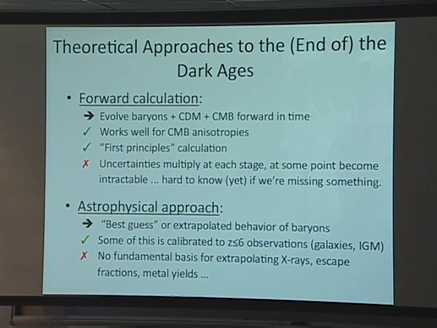The other type of approach is to think of this from an astrophysical perspective. And when we start talking about the first metals, that's really what you have to do. You take some guesses as to how the baryons behave in very high redshift galaxies. Then you put together some sort of model, hopefully calibrated to lower redshift observations. Then you make some plots and hand them to our observers who either tell you they think they could see that or not.